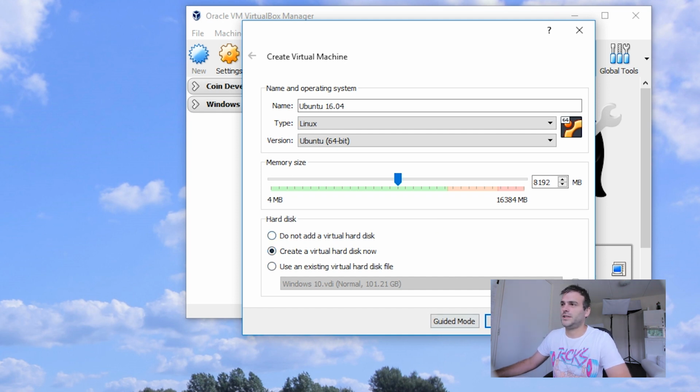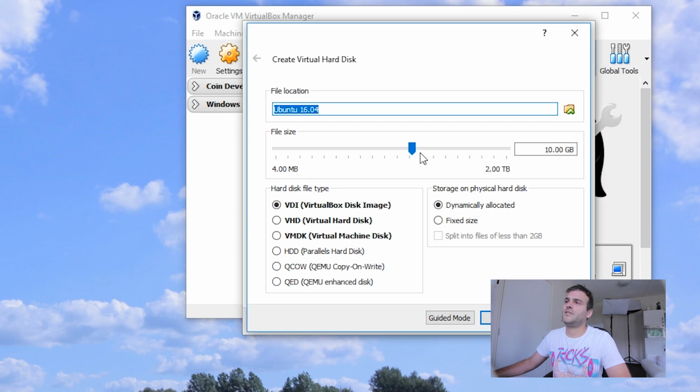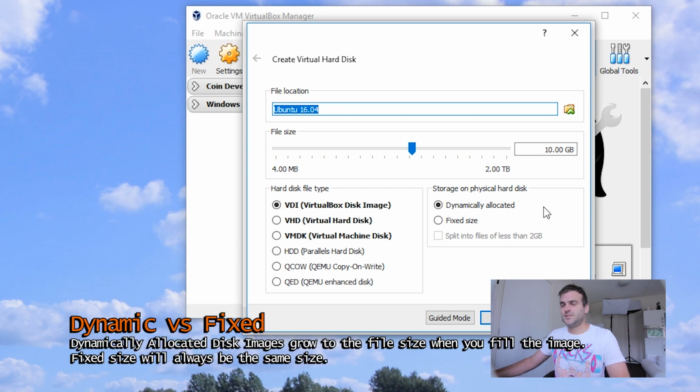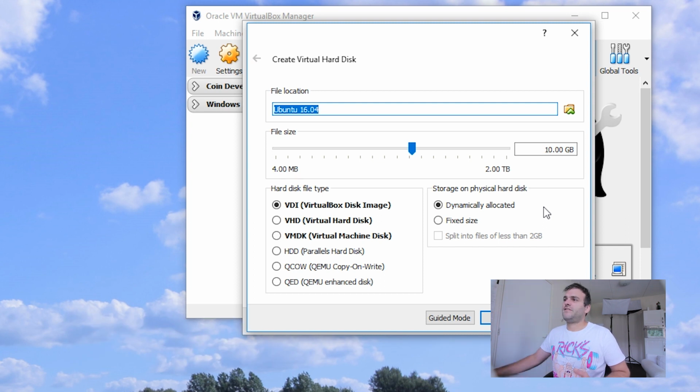Leave this one as it is. It's gonna ask you how big you want it to be. As you can see here, it's dynamically allocated. What that means is that once you install something on it, it will have the size that it actually is, and it will grow in size. So it's not fixed. If we would say fixed size, it will be 10 gigabytes all the time. If you say dynamically allocated, that means that it can grow to a max of 10 gigabytes, depending on